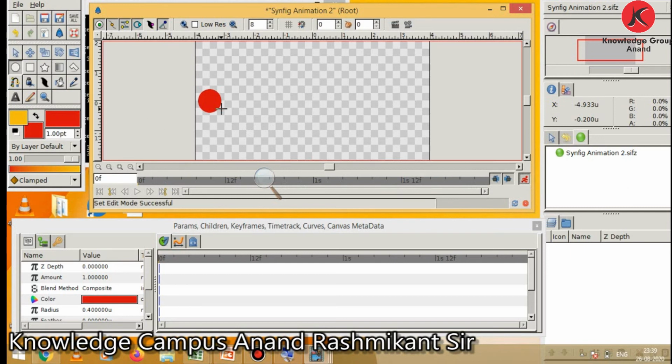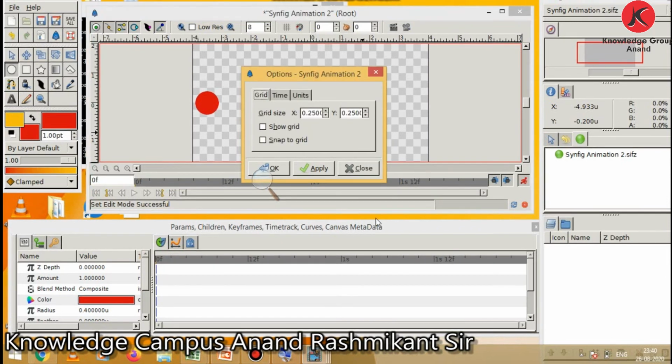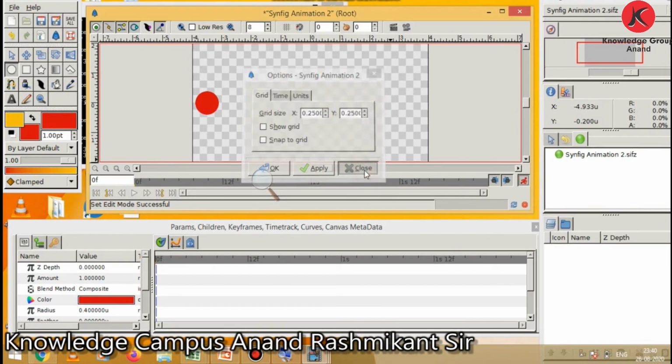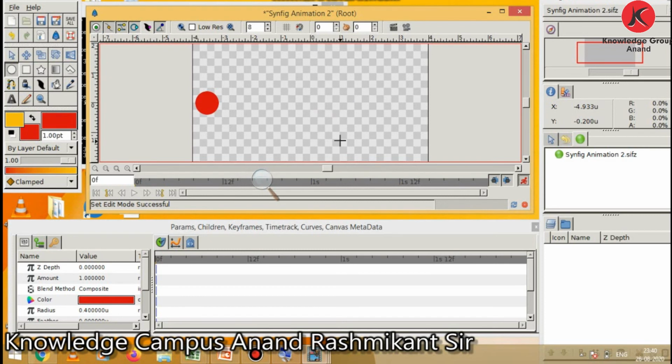So now our tweening motion starts. Here in tweening motion, we have to define the first position and last position of the object. So you can see here 0 frame in the timeline box or timeline entry field.